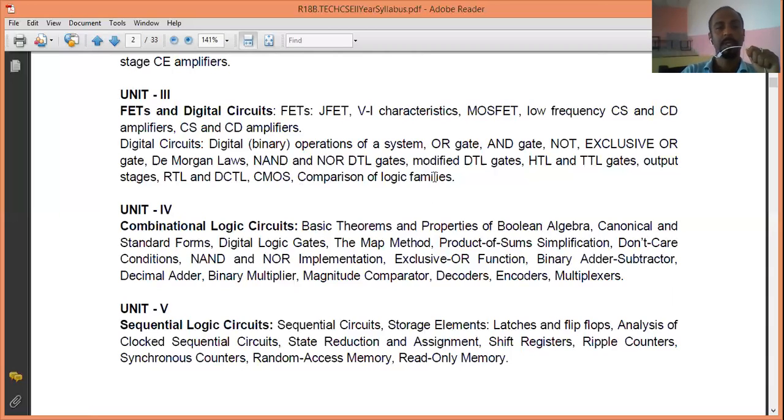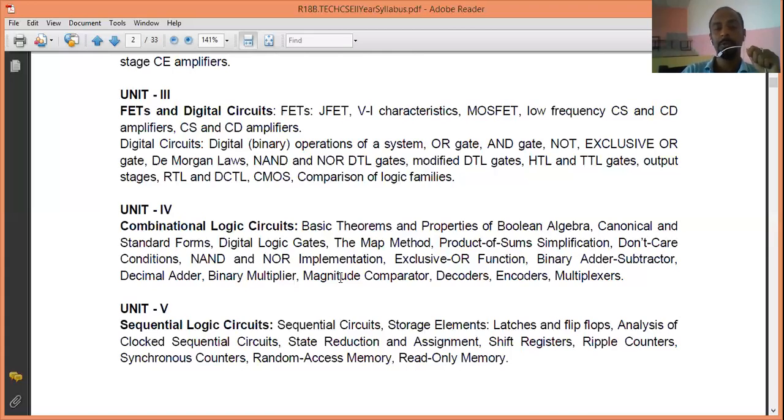That being the brief introduction on the digital circuits. Next, we are going to study what are called combinational logic circuits. That means that we are going to use these AND gates, OR gates, and the other gates, NAND and NOR, to build some small circuits called combinational circuits. So what are those small circuits? They are nothing but the adder. How you can create an adder circuit that can add two binary numbers. How you can use these gates to create a simple circuit that can perform subtraction. Or you can use decimal addition and binary multiplication.